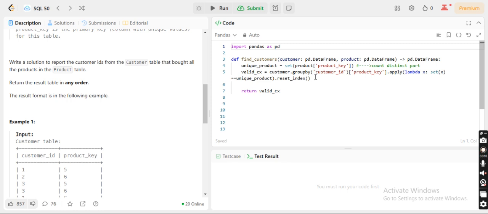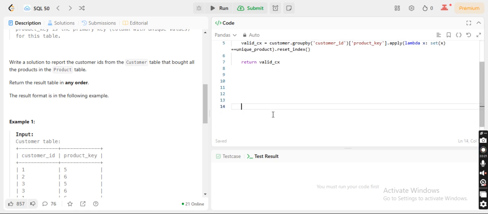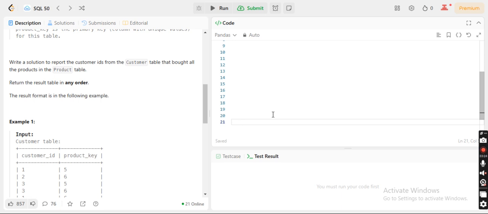In the pandas solution, okay, let me just quickly give you a revision. Let's say I have a list here. Let's say my list name is A, which has the values 1, 1, 2, 3, 4. Now I want to get the unique values from this. So what are my unique values? 1, 2, 3 and 4, right? This is my unique value. I need to extract the unique values.